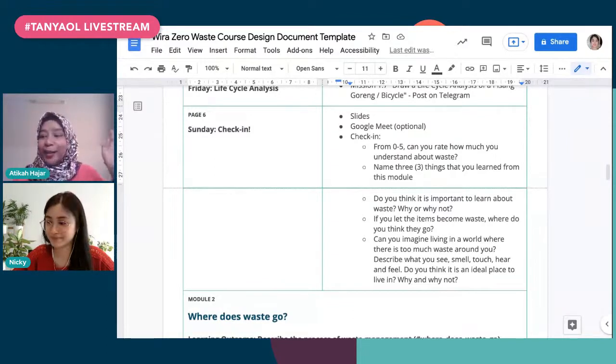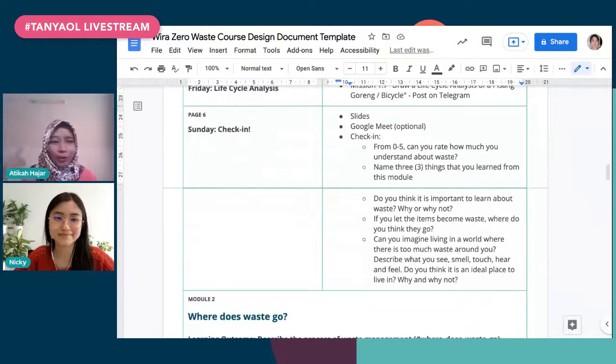Exactly. I guess usually when I tell people, it might sound a bit hefty because it's coming from me as a course designer. I'll be like, okay, you have to do this because it gives you structure. But the main point I want people to know about why you need to have course planning in the first place is to keep track of your content, which one comes before, which one is after, because when you are designing it page by page, you kind of lose track. Okay, what did I do? And then you have to go back and forth. So in order to avoid all of that, you can just review your course design document.